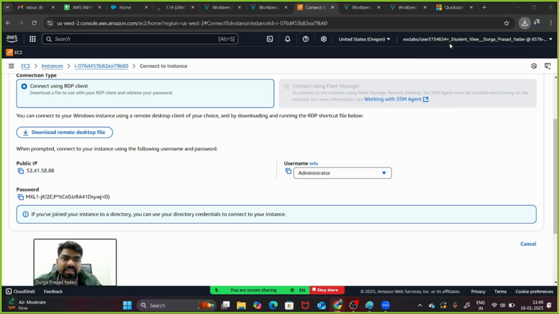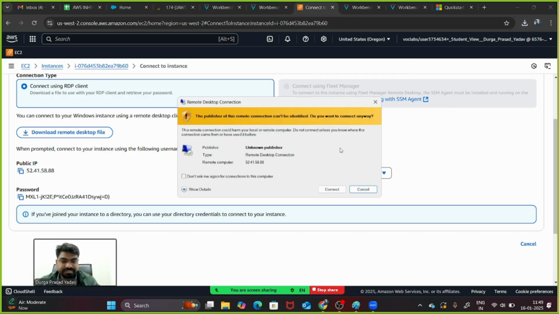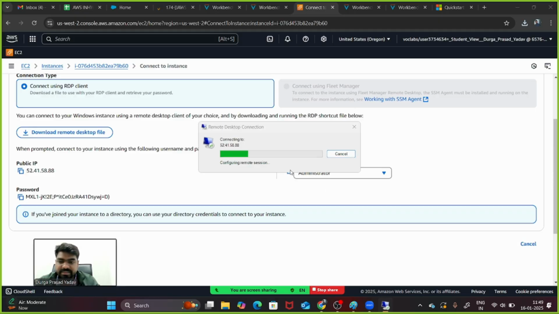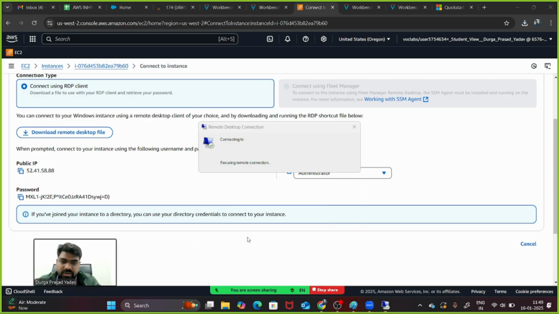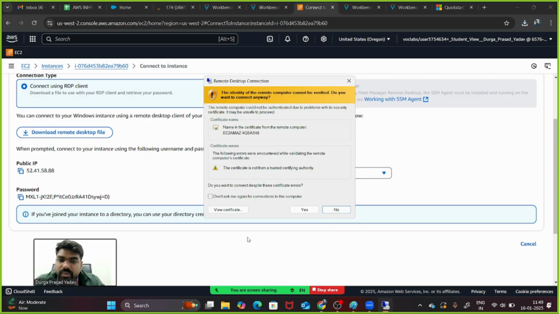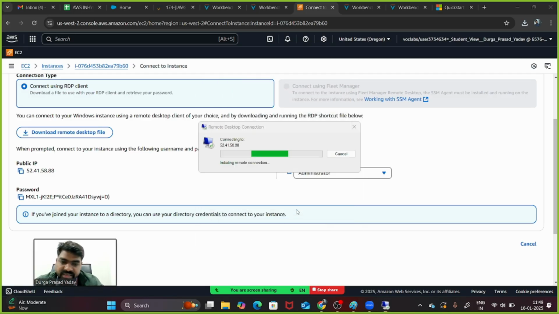And we will open this, we will connect this machine guys. We'll connect and here we'll paste the password. We'll click on OK. The app1 machine, the first machine I am connecting.